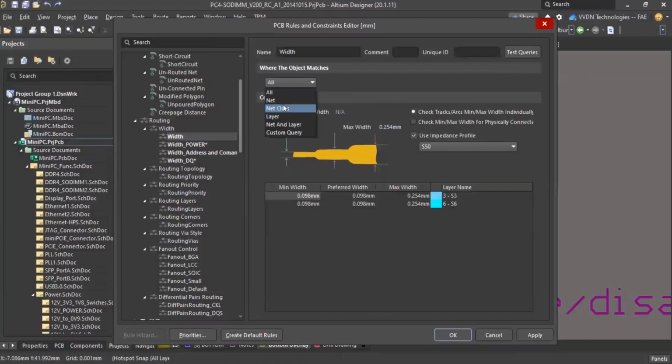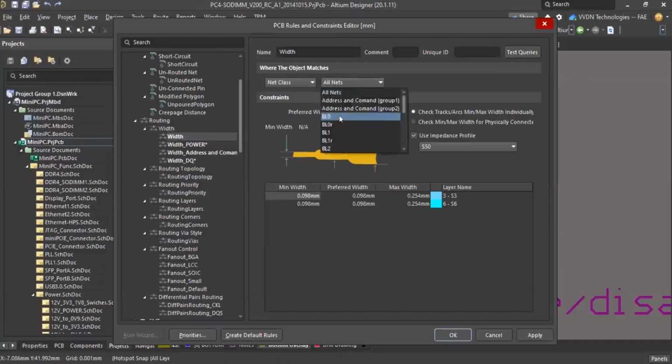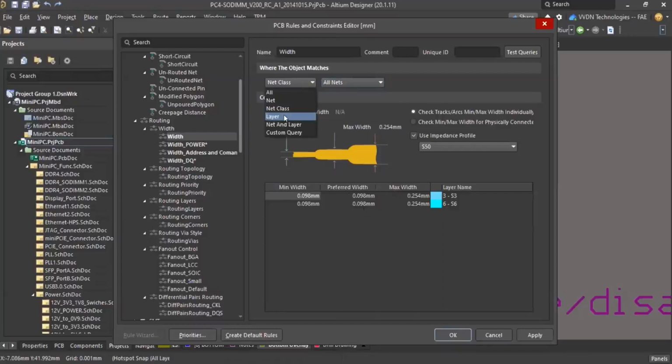That means if you define different classes, one class for high speed, one class for normal signals, one class for power, like that, then you can separate them and define the net classes. For those nets, it considers this track width. This cannot be modified. It automatically depends on your layer stack manager impedance calculator. So you can define that.